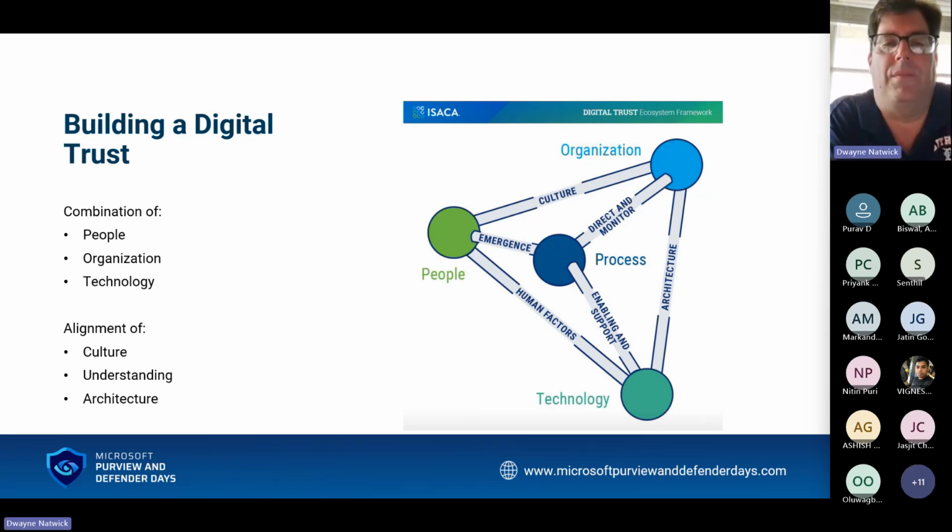This goes back to my little risk management strategy triangle of the organization, the mission, the people, the organization, the technology, the IT, the people, building a culture that is understanding of risk and risk management